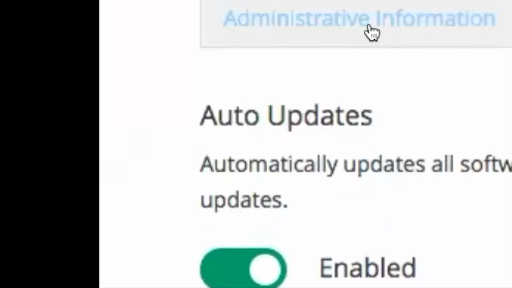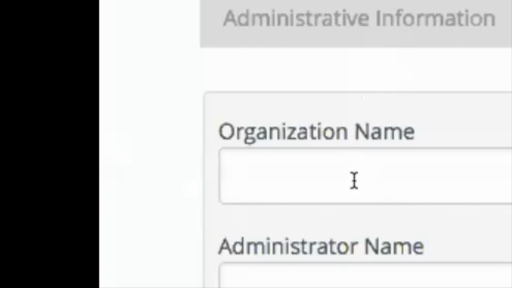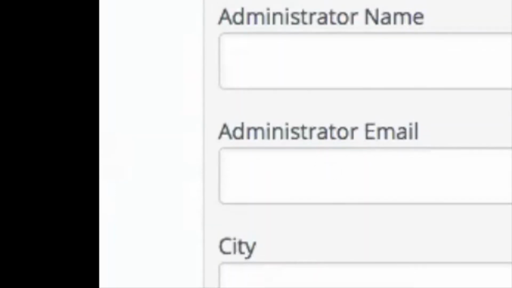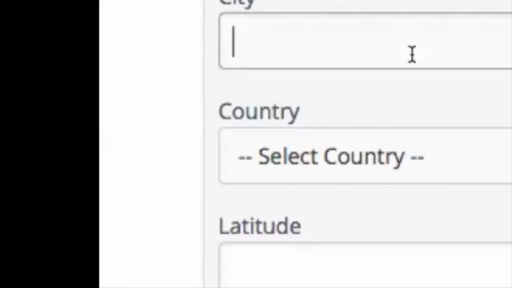But before that, I suggest you enter this administrative information that is shown to others, so that others and the global registration service can identify this node. So you can enter organization name, it's okay, enter your own organization name and admin name, your name and email, city,